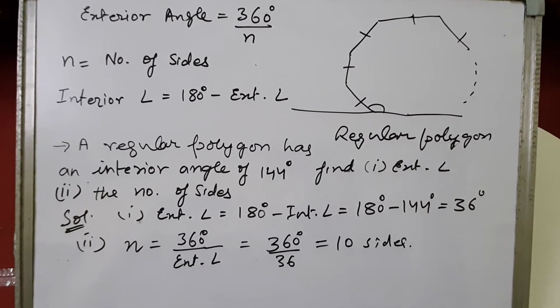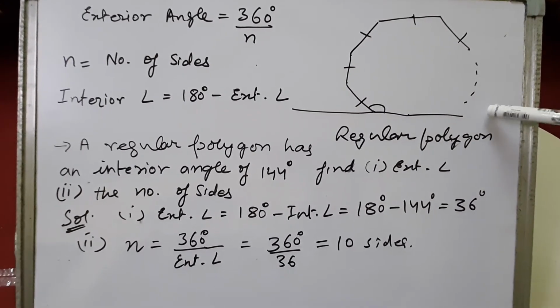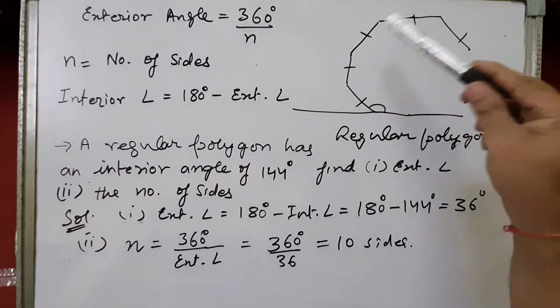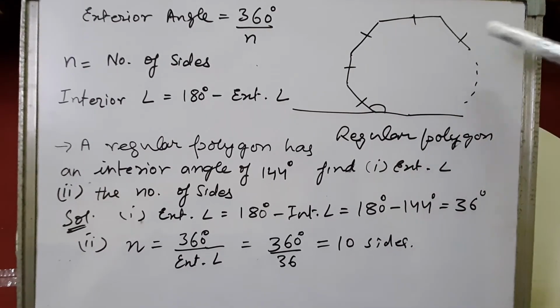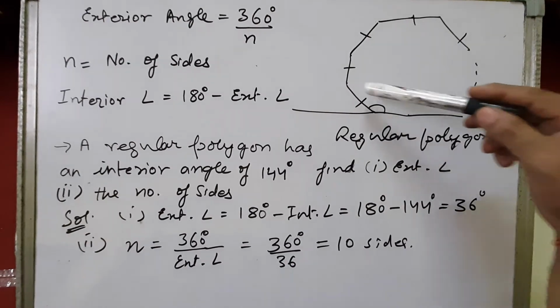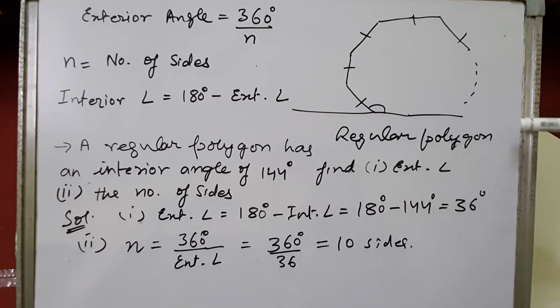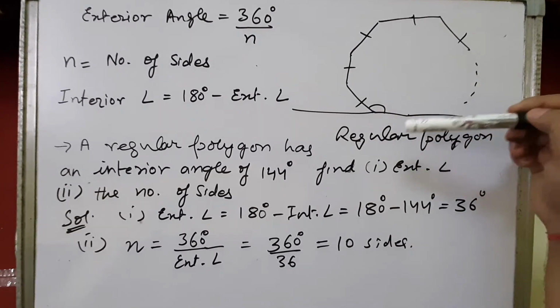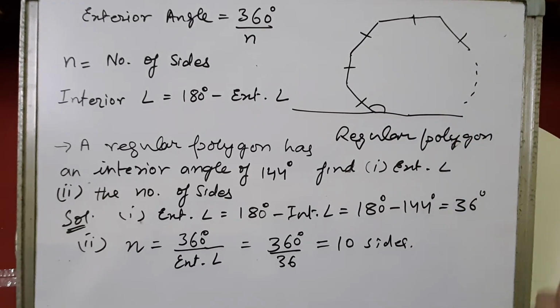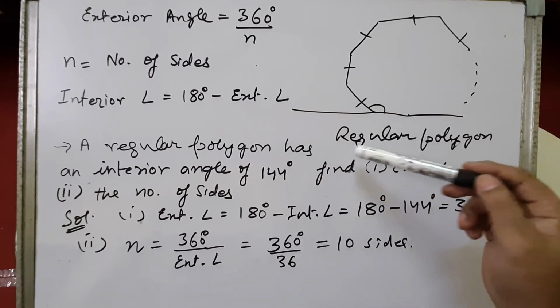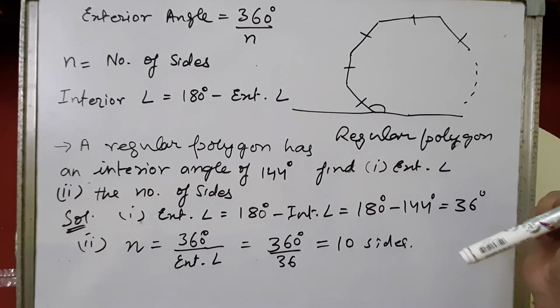Let's see a few more important points, children. This is a regular polygon. In a regular polygon, all the sides of the polygon are equal. So when all the sides are equal, all the interior angles of the regular polygon will also be equal. The regular polygon has n number of sides. Suppose the sides become 4, it will become a quadrilateral; 5, then it will become a pentagon. So a regular polygon means n number of sides, and each interior angle, each side and each exterior angle are equal. The word regular is used when all the sides of the polygon are equal to each other.